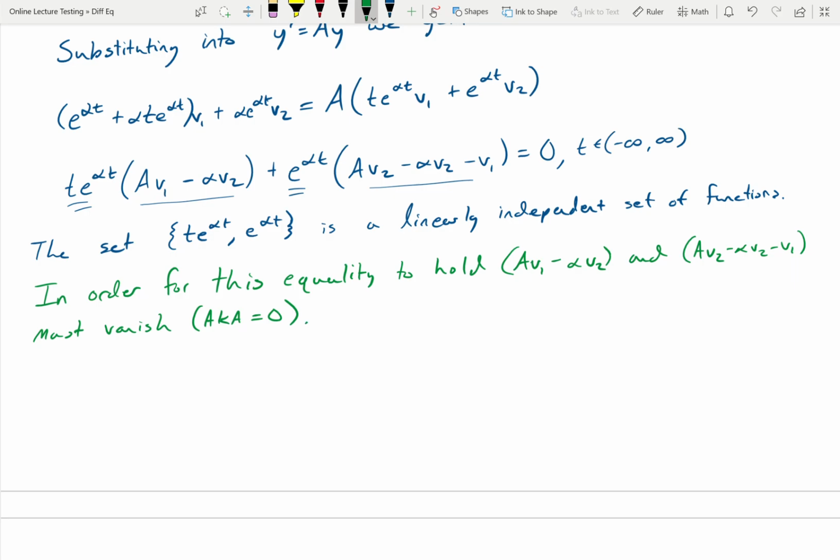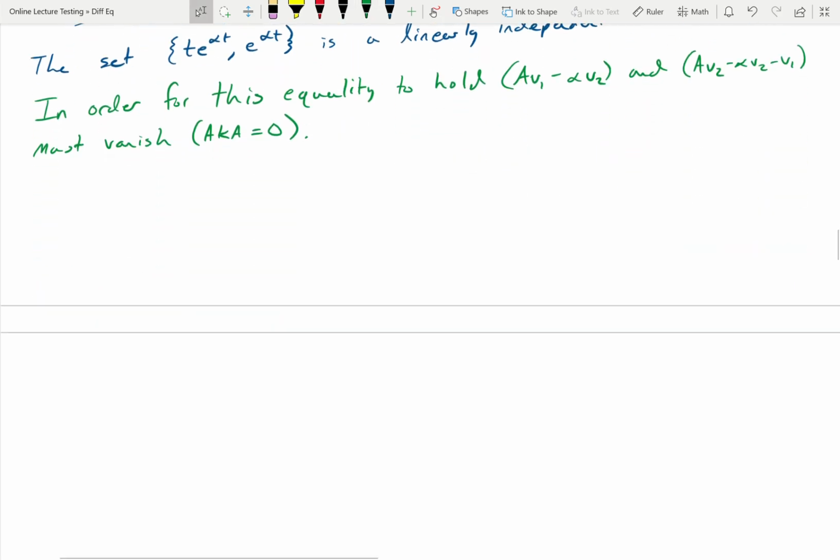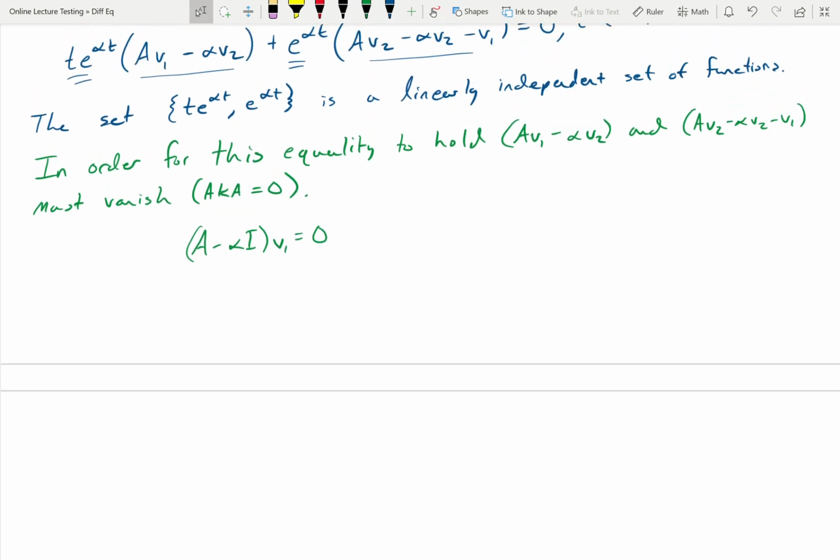All right. So again, we need these two situations, A minus alpha I times v1 to equal 0, and